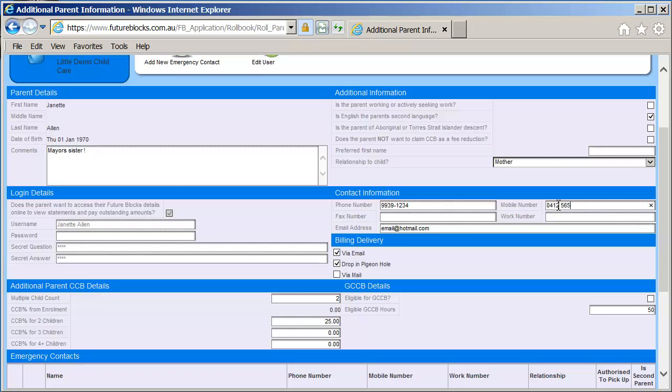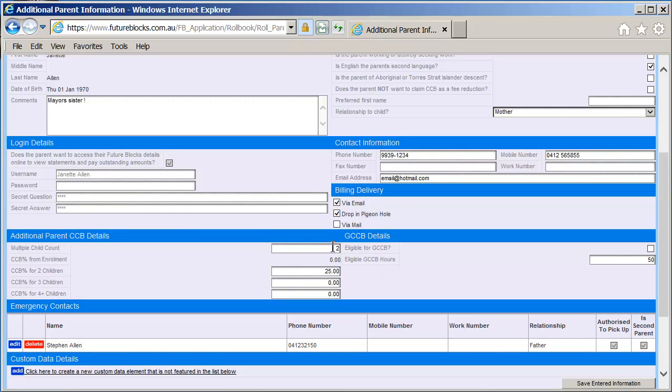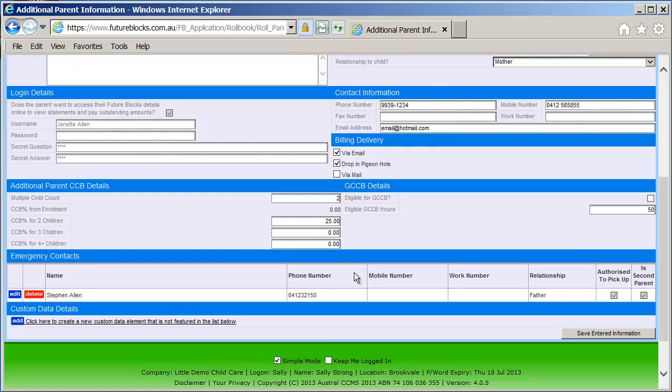And here we'll just put in a mobile phone number, I notice happens to be missing. On the left is their login details. They have access and a login to the system. They can look at their own account, print off their own accounts. You can also mark how you want the bill to be delivered. This is a preference, whether they want it emailed, dropped in their bag, or they want it to be sent by email. Multiple child count also goes in here. This parent has 2 children, and we put in 25% in this particular case because we're estimating in advance what their CCB is. Emergency contacts go below that,